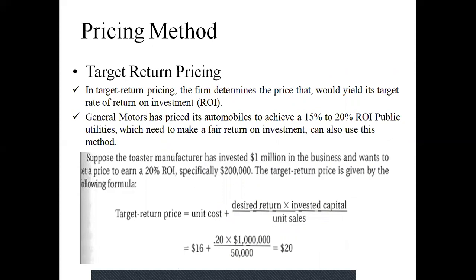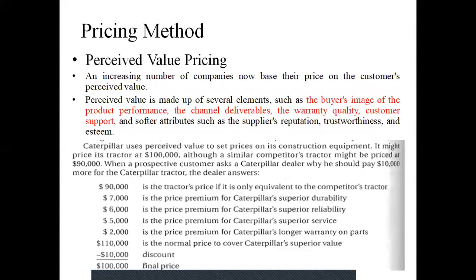And what are the negatives of this costing? It often requires the business to design the entire production process around meeting the cost. It's a challenge for a small business that does not have a dedicated development team. So for bigger companies, it is possible to go with that, but for smaller companies, it will be a costly exercise. Next is perceived value pricing, and nowadays it is very popular.